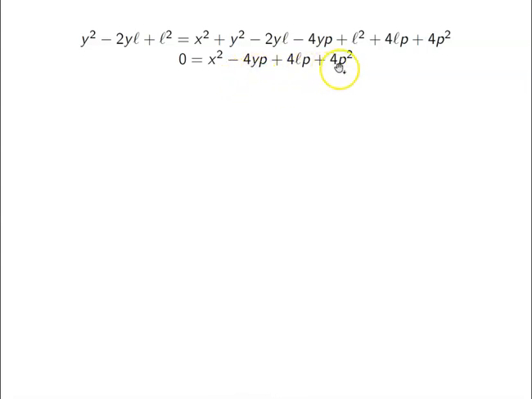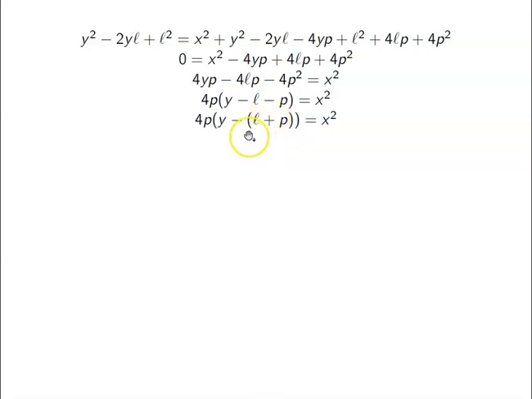See what I can do here. I can try to start to factor this again. If you notice there's a 4p in all of these terms, maybe I pull that out, maybe I don't. Okay? So here we're going to get x squared on one side and everything on the other. Now let's go ahead and pull out the 4 and the p, and I have y minus l minus p. And then I want to get this in terms of something I recognize, so I'm going to pull out a negative, okay? And if I throw this in parentheses, it's 4p (y minus (l plus